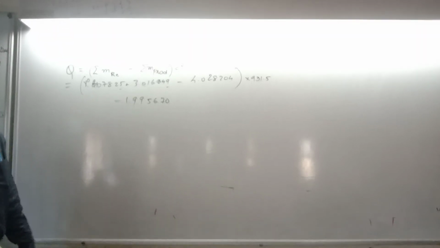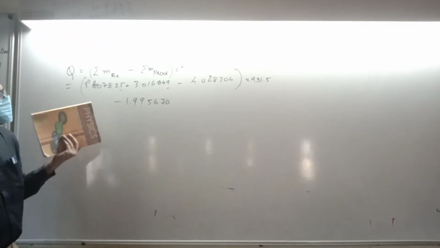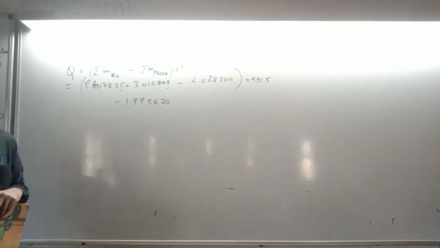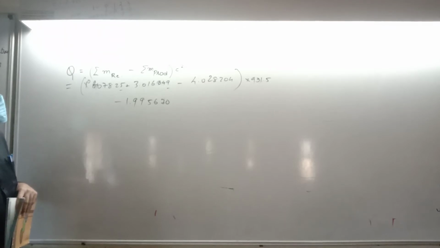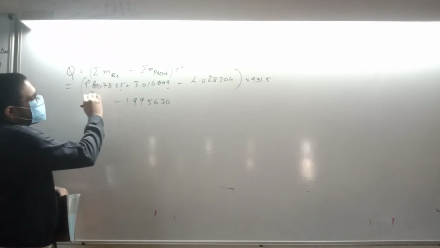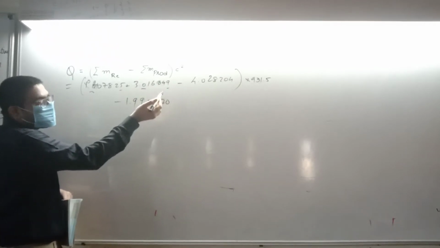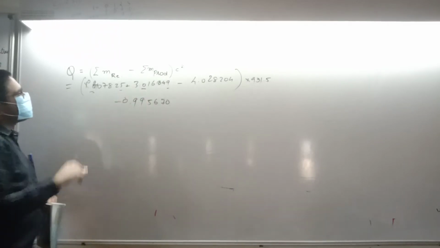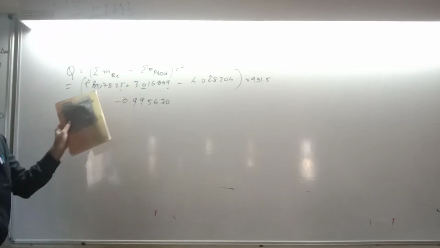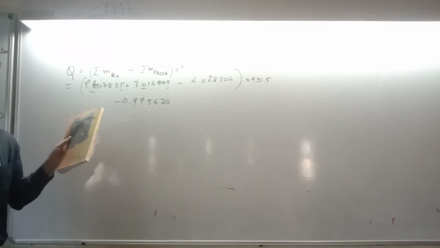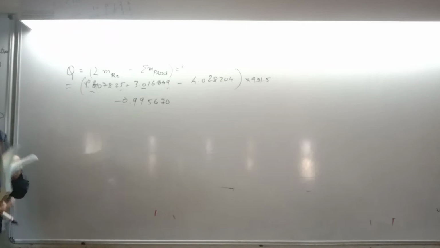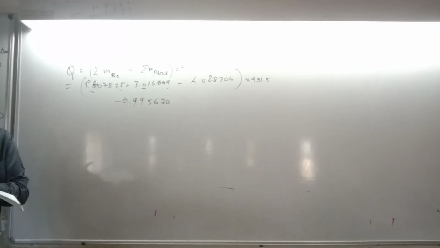It won't be 1.99, I made a mistake, it will be 0.99. What mistake did I make? Here there is a 9 and a 0, so 0.99 comes. Looking at the numbers I felt there's no difference of 1, but it's still going to be negative, right? So it's endothermic here. Is it fine? This is how you do it. I won't do the second one, it doesn't need to be done. You've learned it properly, right?